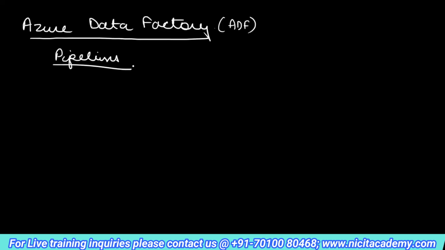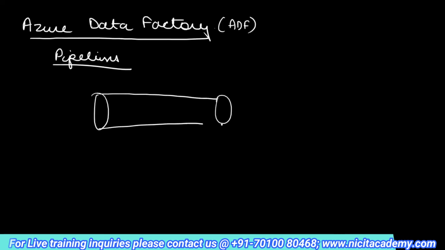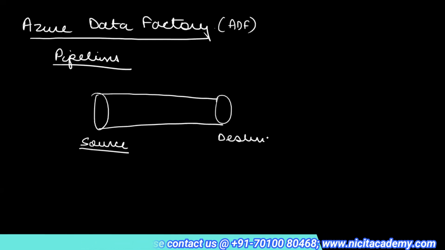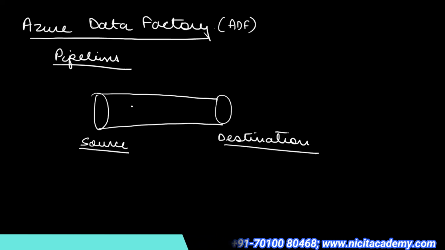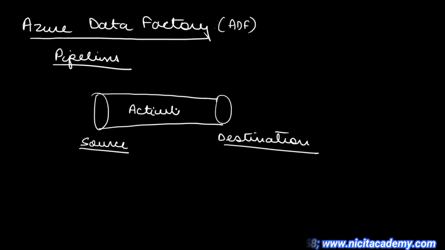All right. Now you create these pipelines. It's a very simple thing, right? A pipeline will just look like this. Simple pipeline that you've created. It will have a source, it will have a destination, and it will have some activities here. Very simple. Only these three terms are there, nothing else. Source, destination, activities. If you've understood these three things, you've understood how a pipeline works or how Azure Data Factory also works.